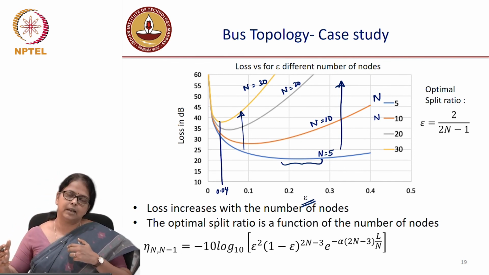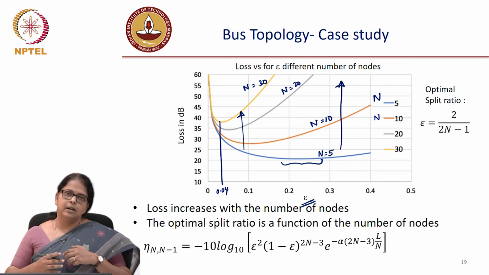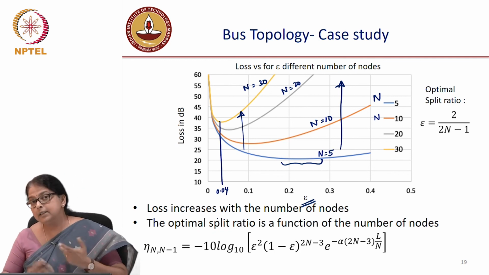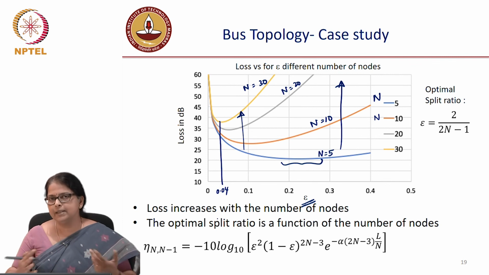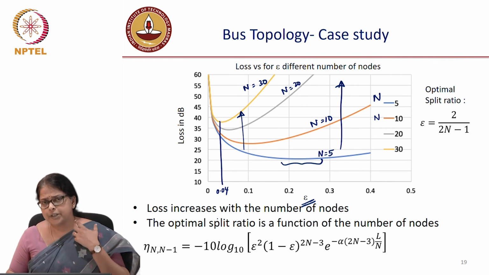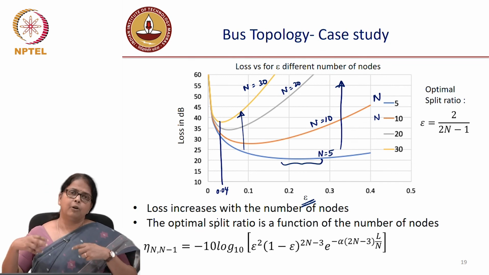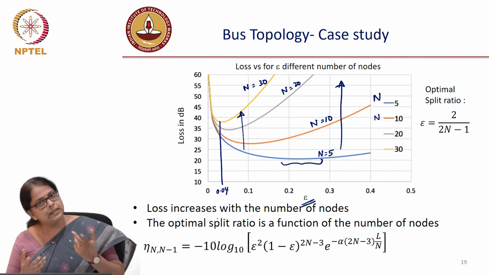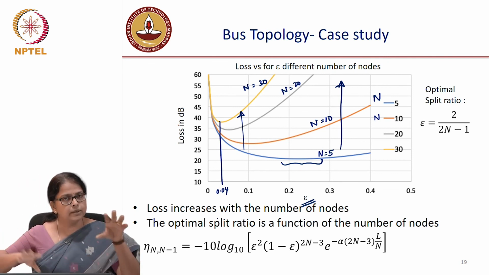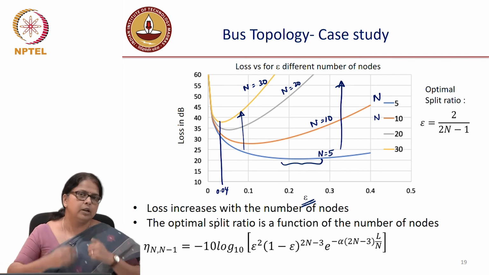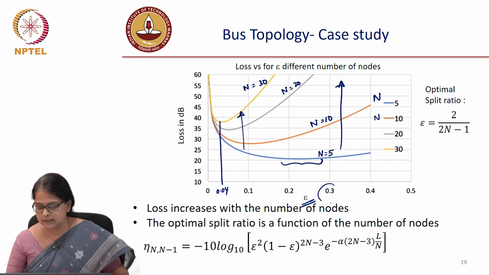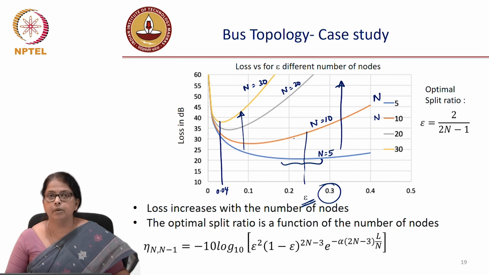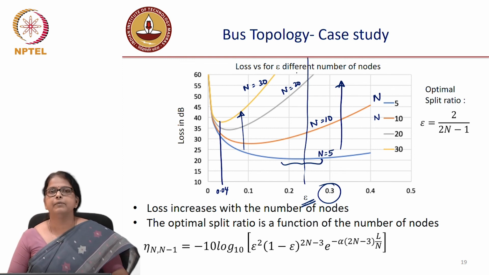Similar calculations can be done for a ring network, whenever you are trying to find out the split ratio or coupling ratio in a ring network. So this means that when you are trying to design your network, the components that you need to choose, in this case the coupling ratio of the coupler, are decided by the number of nodes, and you need to do some more optimization to minimize the total loss in the system. For instance, if you stick to the same 0.2 or 0.3, the loss, if you were to increase the number of nodes, is actually going to be very, very high.